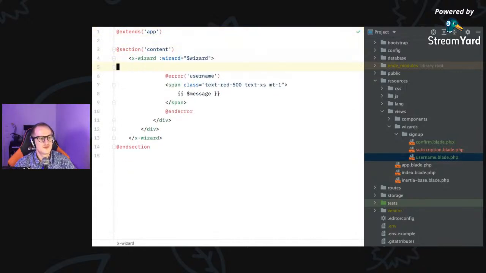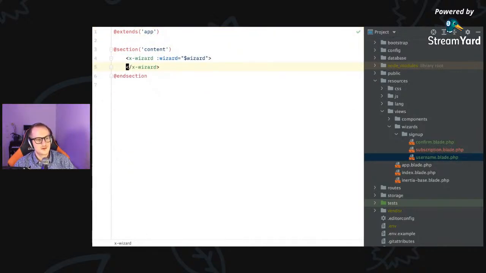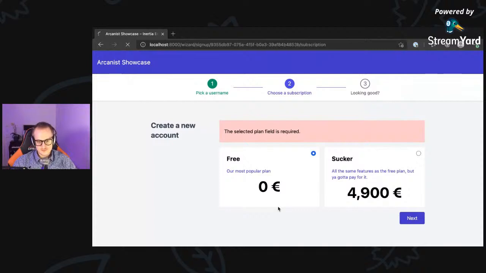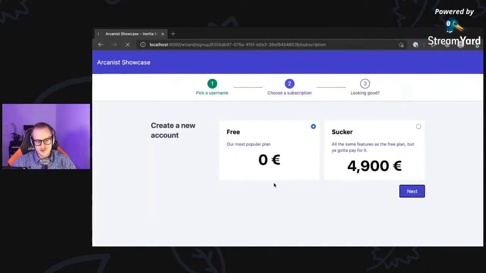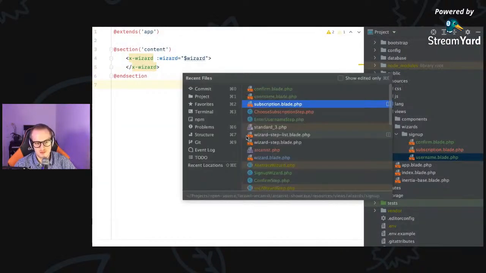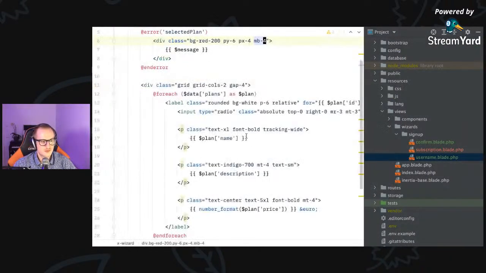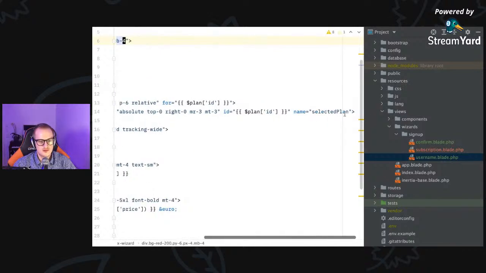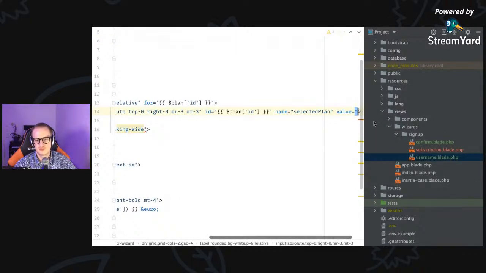Paste this in here, leave it empty for now. Okay, so we can select it, is invalid. I think I'm not using any value, okay. So the value is supposed to be